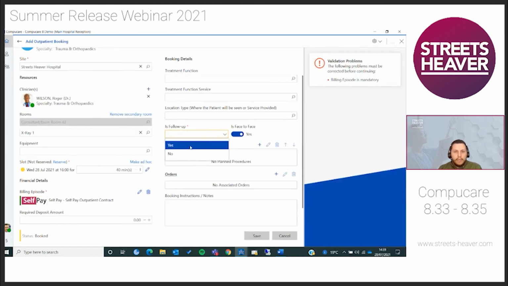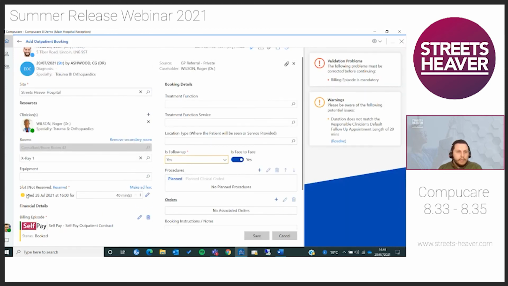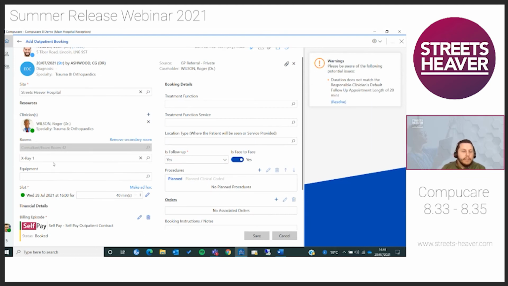I can put that to self-pay and yes on that. So if we just click reserve, you'll see it's put this room through the clash management again, and it said, yeah, that's all okay, that's been reserved. So just to see this in action, if we save that off